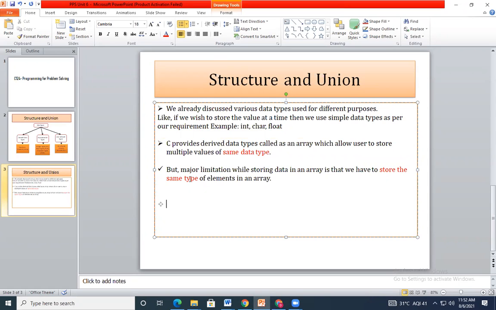It may be character type, integer type, or float type. If I use the array, I cannot deal with this. So to overcome this limitation, C provides the structure concept. The structure concept allows the user to have different data types together. I will write it here.